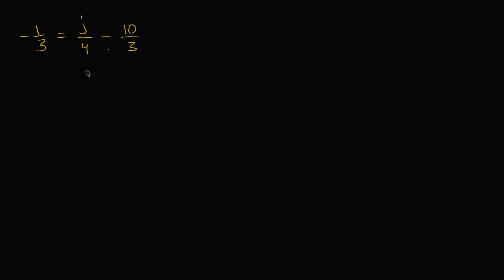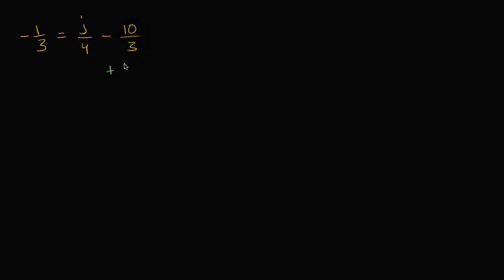All right, now let's work through this together. What I like to do is isolate the variable that I'm trying to solve for on one side. Since it's already on the right-hand side, let's try to get all the things that involve j on the right-hand side and then get rid of everything else on the right-hand side. So I want to get rid of this negative 10/3, and the best way I can think of doing that